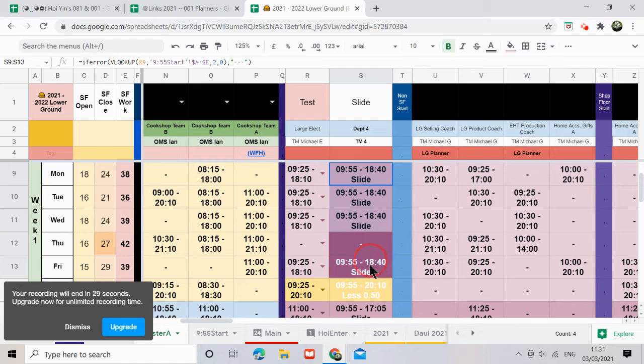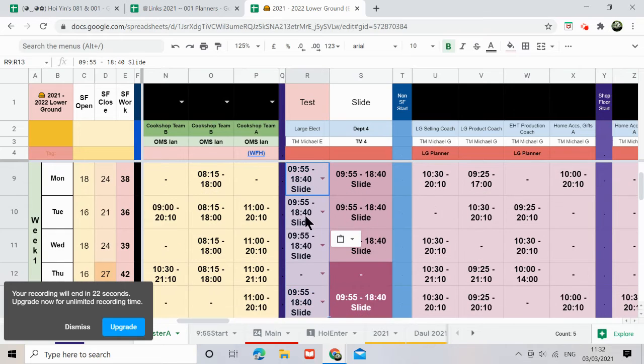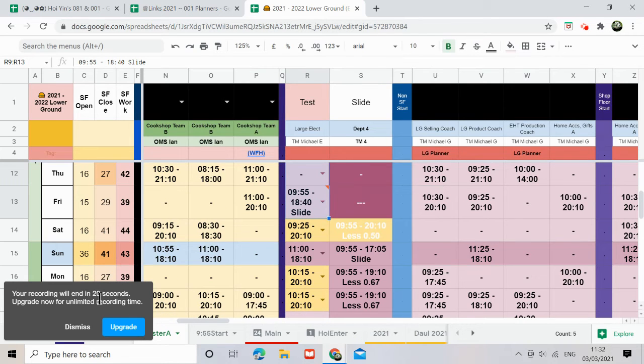So what I would do is I would literally just copy all of this and then Control Shift V to paste this on. I only got 21 seconds left, so I'm just going to